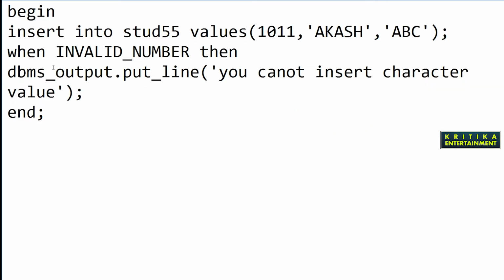Suppose I will make it: begin insert into student values Akash ABC, then type when invalid number, then DBMS_OUTPUT.PUT_LINE you cannot insert. And what is the problem here? Here the line is broken. So when you do the practical, you give it like this, then semicolon, end, then save this, then close.